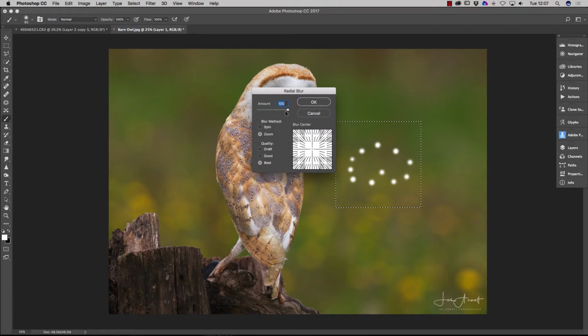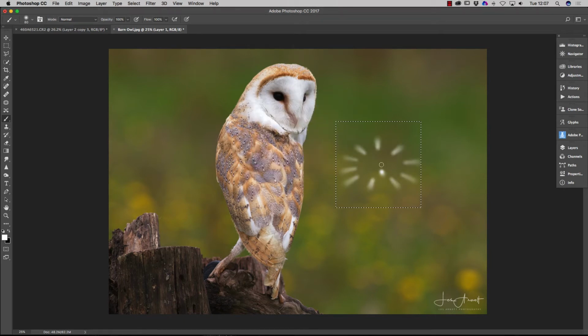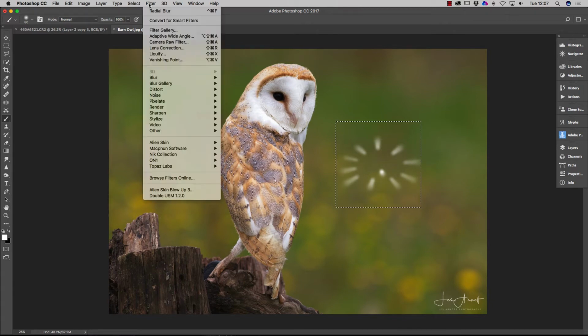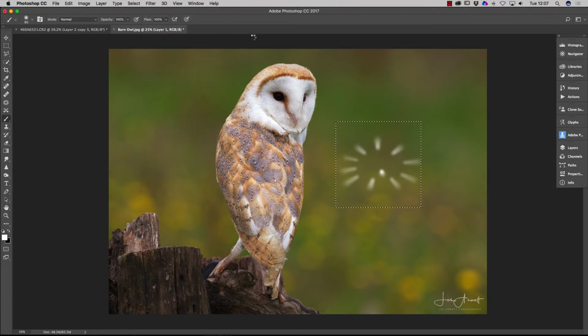Now, unfortunately with this filter, it doesn't give you a preview of what's going to happen, but the slider for the amount needs to be all the way up to 100%. And then we click on OK. And you see now we've got this blurring effect. Now I'm going to repeat that. So if I go to filter, you'll see at the top you've got radial blur, and just clicking on that will straight away